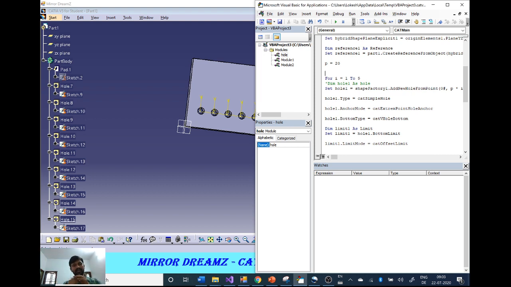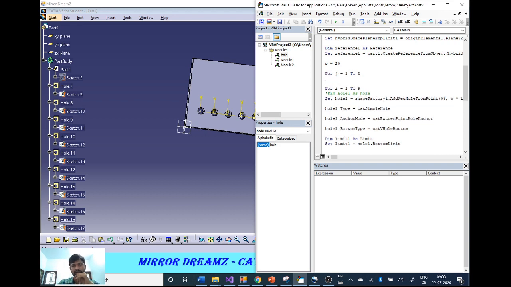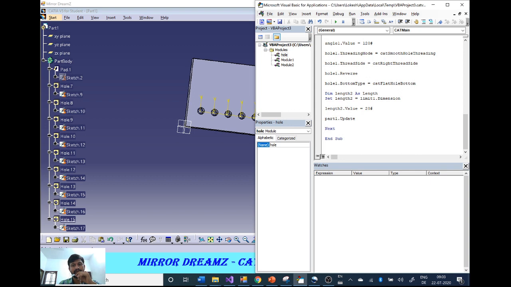So I'm going to create, just above number of rows, for j equal to 1 to 2. Can you say what is the value I have to enter? Yes, it's 2 because we have 2 columns. When I give for, then I have to end with next.